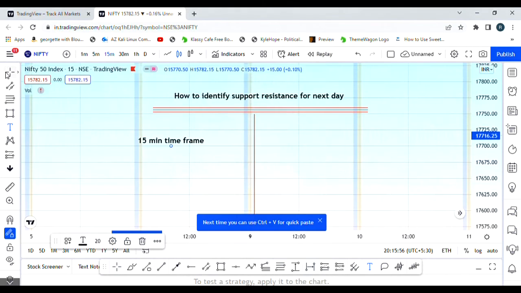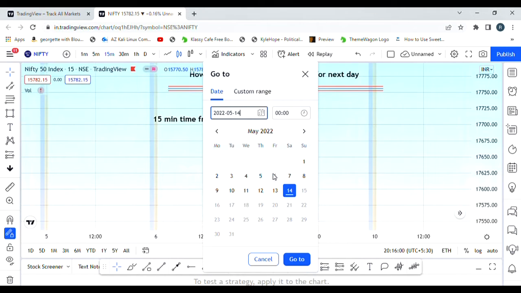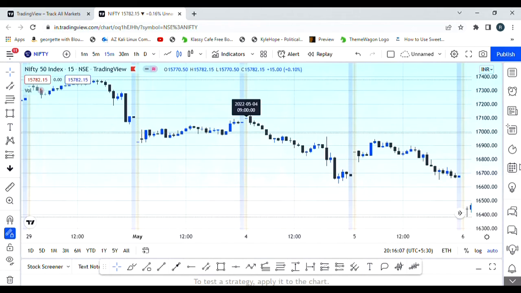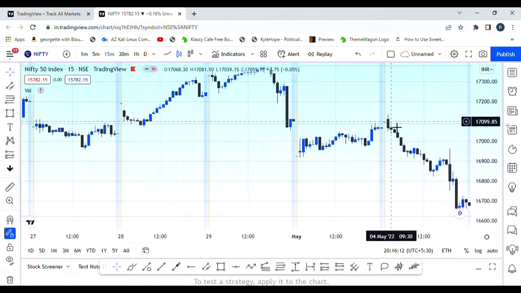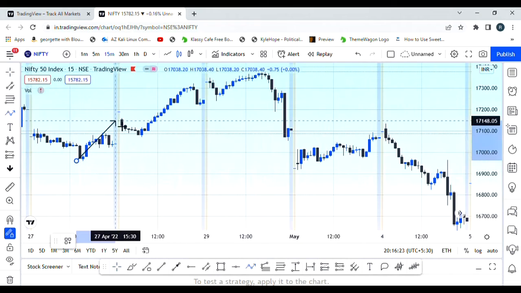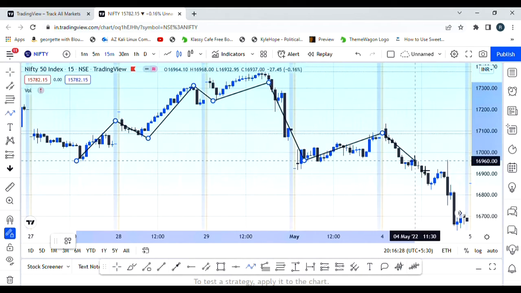Okay, so let's see. We go to a random date. Suppose it's the 3rd of May, and just click on that. Okay, so we just hide the next day. From the 3 days of analysis, the market was first in an uptrend, this is the first wave, then the second. If you clearly see, this looks like a wave, the second, and then again the market is in